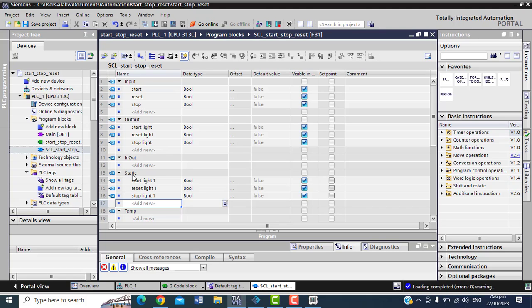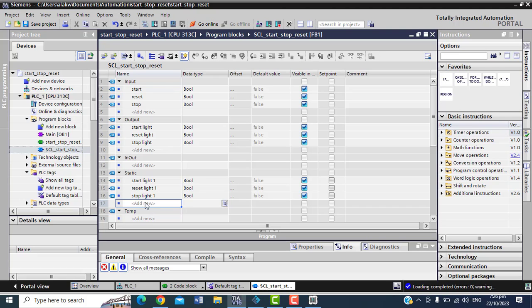That is the major difference between a function block and a function. The static variable gives the function block memory, a reserved memory where the value is not just thrown away. Something needs to overwrite it before it changes to new values. It is not volatile, it does not just disappear.